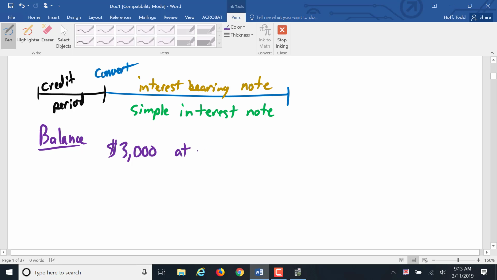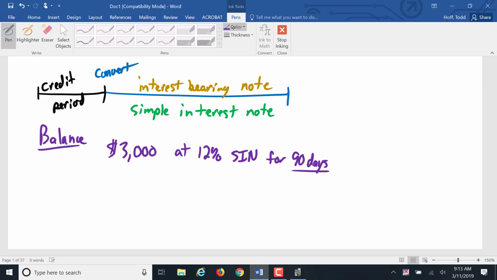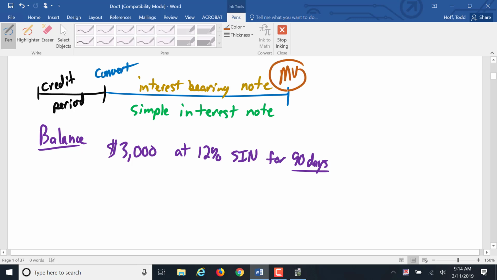It might become automatically a 12% simple interest note for 90 days. So that's giving the customer an extra 90 days to pay, but they're going to be paying interest upon that note. So now the maturity value of that note, that's the value at the end of that 90 days of that period,